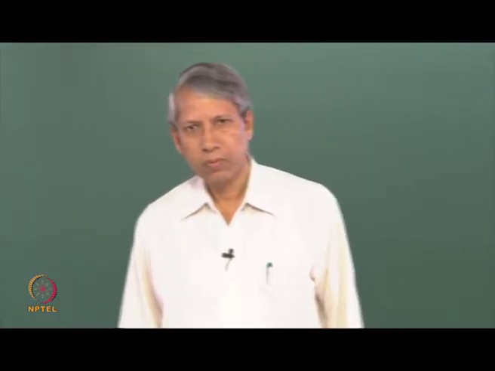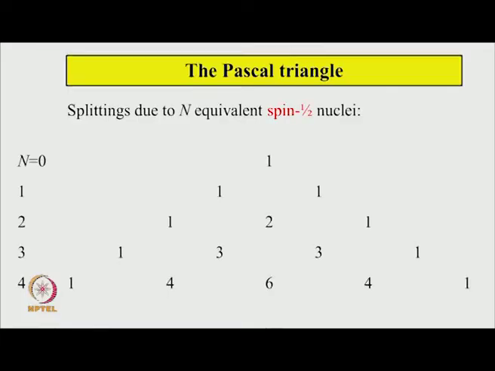We saw a lot of examples where the splitting comes from spin half nuclei, particularly from protons. And we saw certain patterns that we can see in the spectrum when there are many equivalent spin half nuclei. And we said that